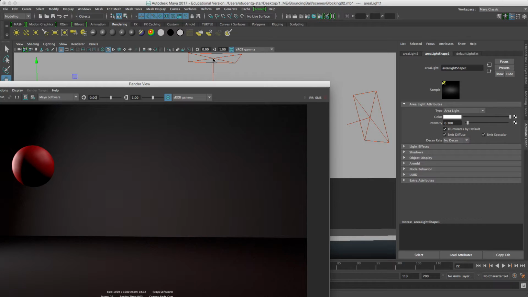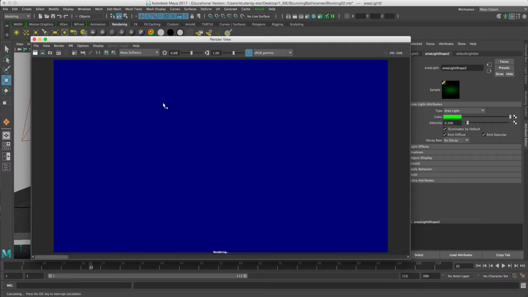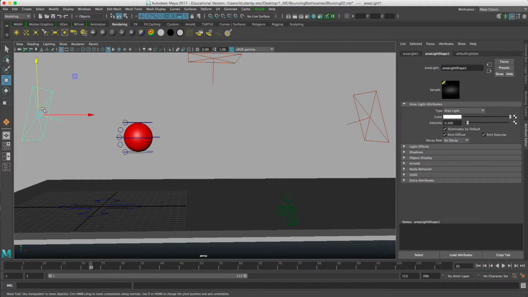And let's take the next light, make its contribution 0.3, and see what happens. You see? So a little bit more dramatic. They're not all washing each other out. And again, I probably would move this light source a little further back so we don't see a lot of